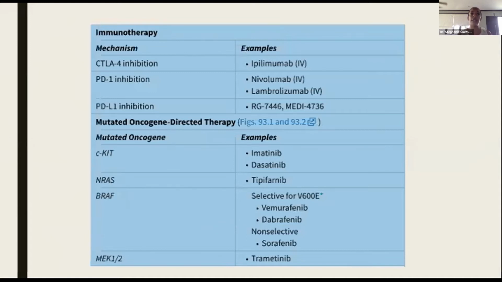So it has been shown that melanomas, all different types, most of them harbor a genetic mutation. In acral lentiginous melanomas, most of them harbor the c-KIT mutation, whereas in other melanomas, the most common mutation is a BRAF mutation. So when these patients are identified and your diagnosis is confirmed, you would also send the sample for genetic testing to see if the samples harbor one of these genetic mutations, because treatment can be targeted at the genetic mutation.